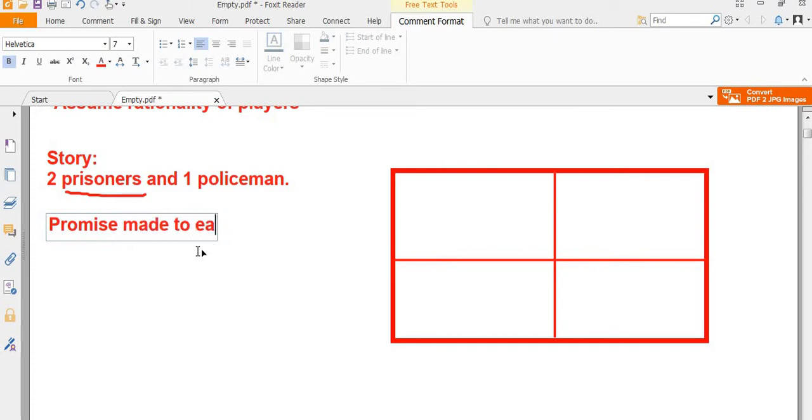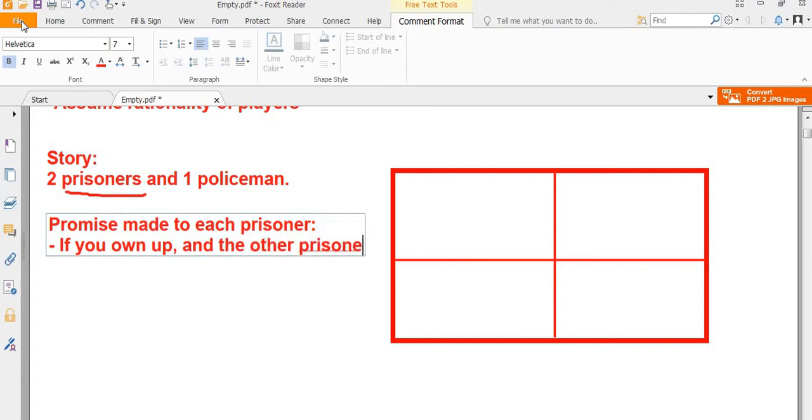So the promises were made to each prisoner separately. They were not allowed to discuss what they will do, and they have to decide for themselves. So what was the promise? The promise was that if you own up, and the other prisoner does not, then what happens is,